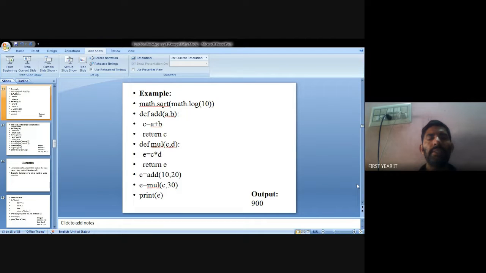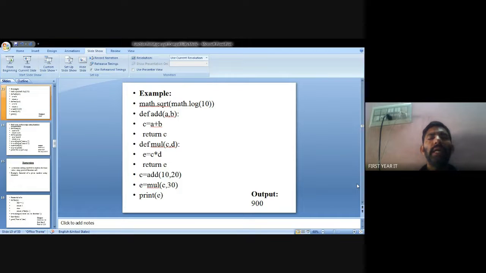Okay, this is an example program. math.sqrt means a library function, so modifications are not possible in this function. You declare the square root in the math function, and inside it math.log, the logarithm of the value 10. After that, define add, which is a sub function. A sub function means a user-defined function. add(a, b) passes two parameter values, a and b.